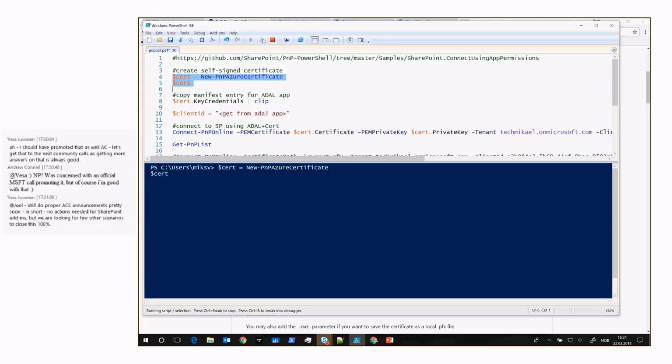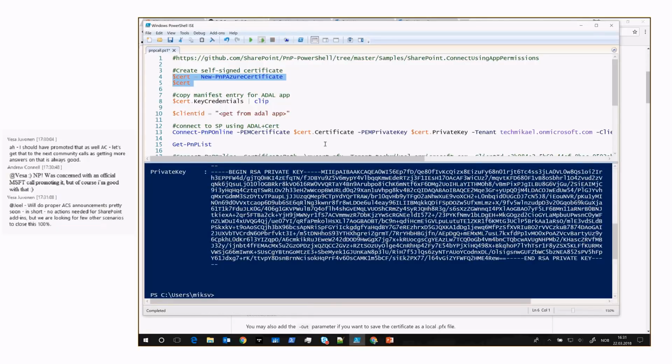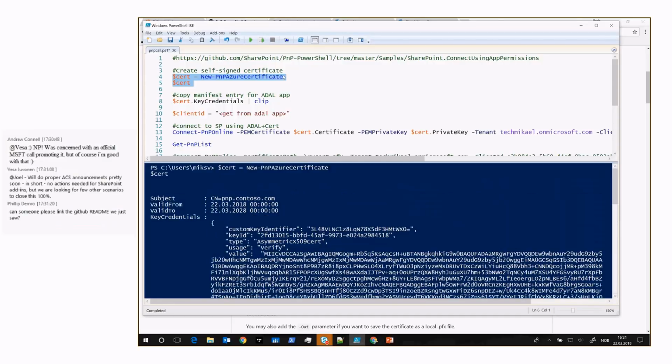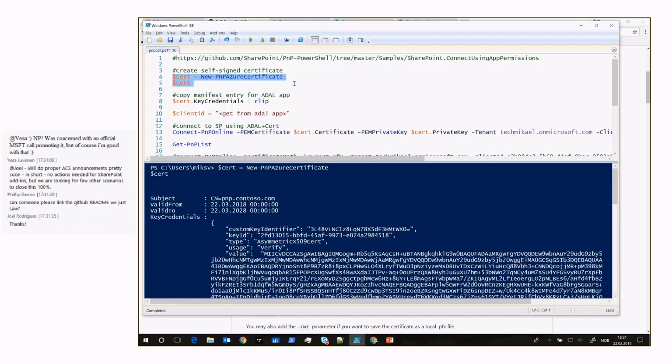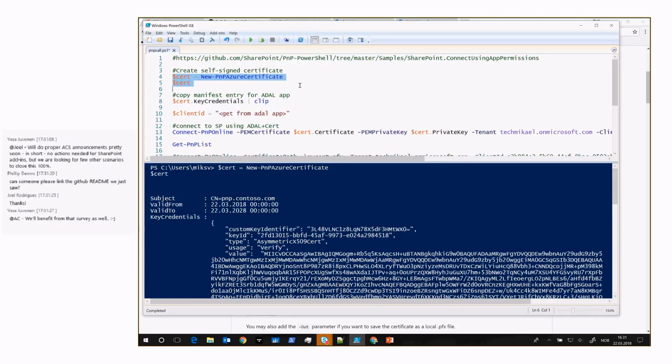by default, it will use pnpcontoso.com as a subject. You can, of course, change this yourself. There are parameters on the commandlet. You can check the help for what the parameters are. By default, it will last for 10 years. You can make it up to 30 years, because if you create a certificate which lasts more than 30 years,